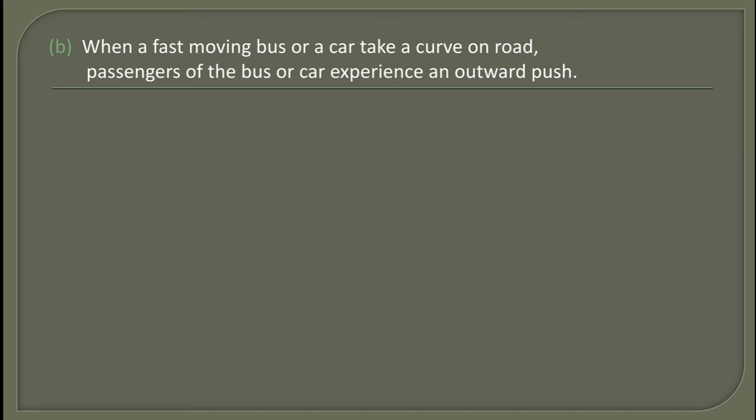Now students, in this video we have learnt about inertia, that inertia is the tendency of an object by which it tries to maintain its state of rest or of uniform linear motion. Also we have seen that inertia depends on mass. The heavier the mass, the larger the inertia will be. We also learned the types of inertia as inertia of rest, inertia of motion and inertia of direction with their examples.